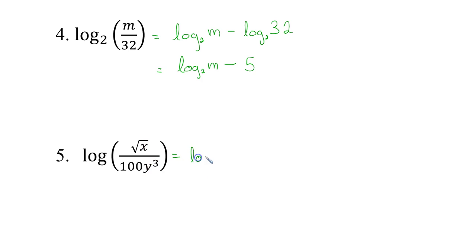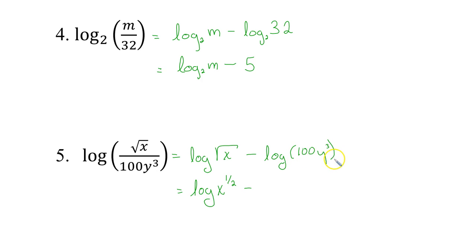So we have the log. This is a base 10. Remember, we don't see it there. That's why it's understood to be 10. So we have the log of the square root of x minus, because we have a quotient, the log of, and I'm going to put this in parentheses, 100 y to the third power. Now we're going to rewrite this square root as x to the 1/2 power. So we have log x to the 1/2 power